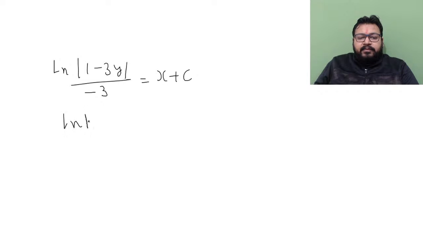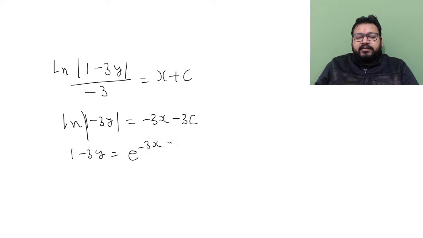So ln of 1 minus 3y, it's minus 3x minus 3c, and 1 minus 3y is equals to e to the power minus 3x minus 3c,